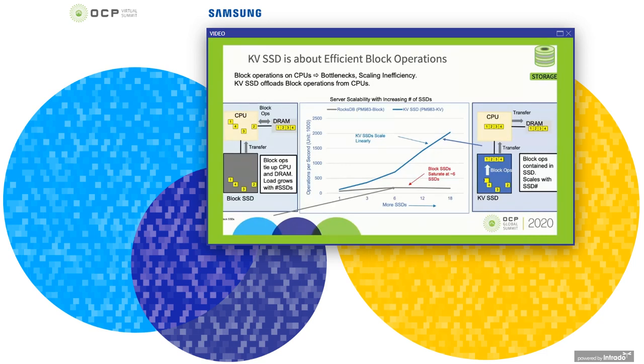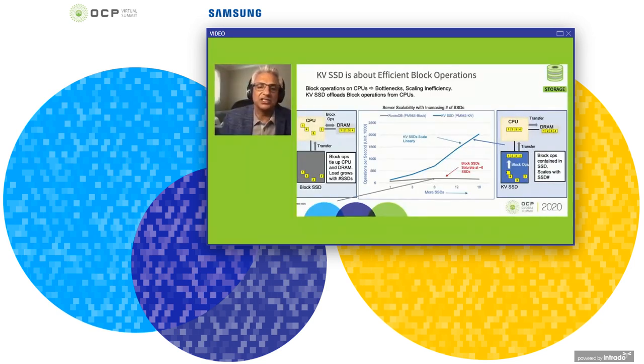Just as in the case of Smart SSD, on the x-axis is shown how many SSDs you would have in a single server behind, say, 2 sockets of x86. On the blue line, you see what would happen if you use KV SSD, versus the gray line showing what would happen with traditional SSDs. You can see that the higher slope scaling of KV SSD clearly illustrates the benefit of the KV SSD technology.